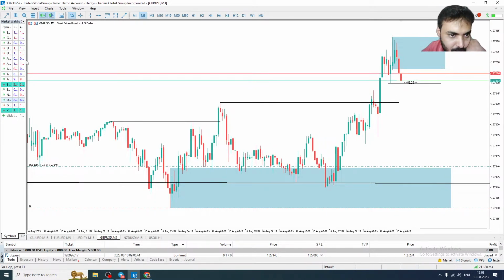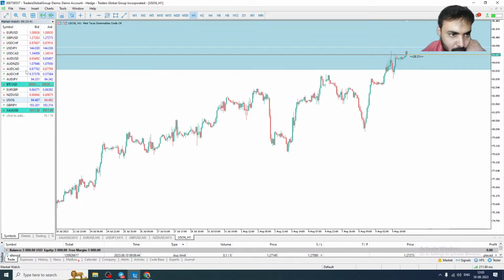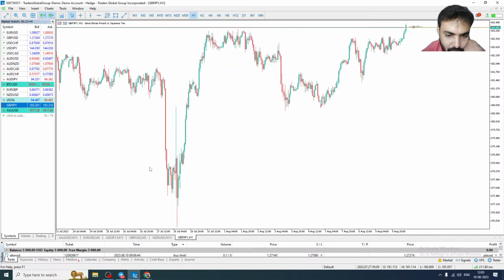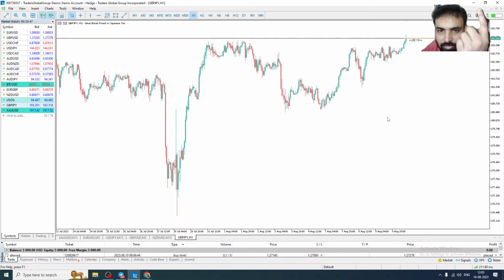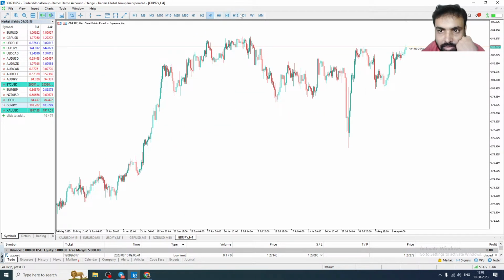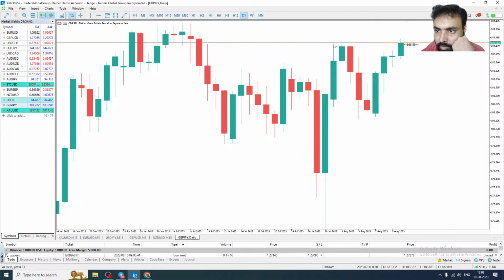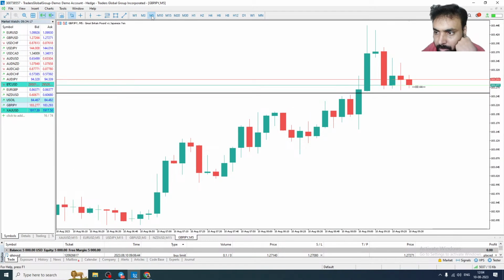What happened to GBP JPY? I think I accidentally closed GBP JPY. US oil, let's remove the US oil. GBP JPY, I missed this. I told you guys right in the beginning of the stream, we have an equal high in this. Price goes above the equal high and comes down. I think at 11 o'clock I told. So it's gone above, it's coming down. Right now you can see, maybe in 5 minutes.